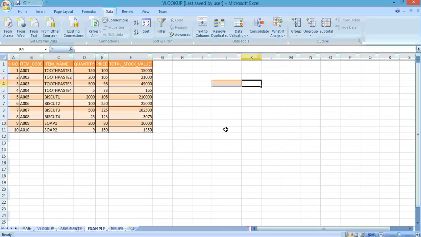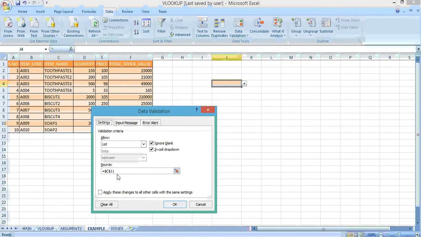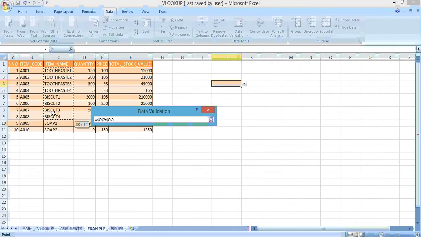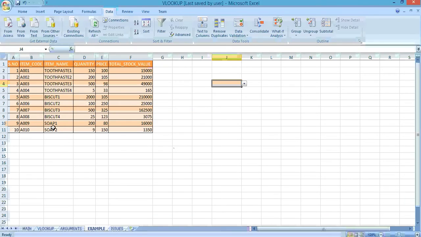So what I'll do, I'll check in my store for which item stock is less. So this is a biscuit supplier, so I will concentrate only on the biscuit. So I'm taking data source as all items, and now I'll put a VLOOKUP formula over here.